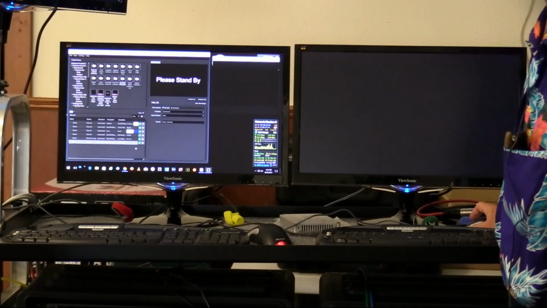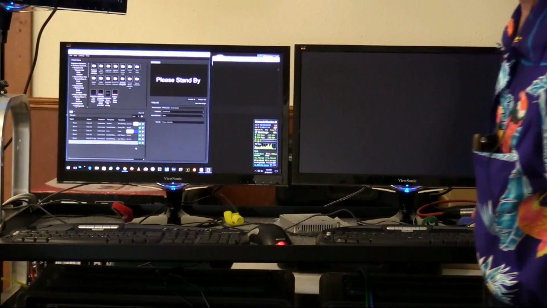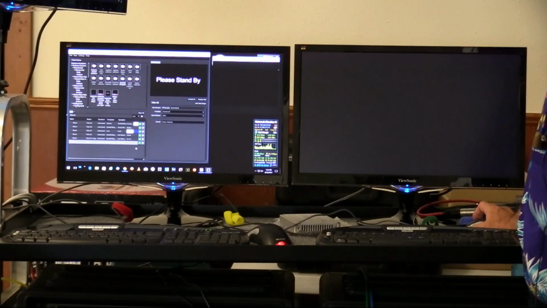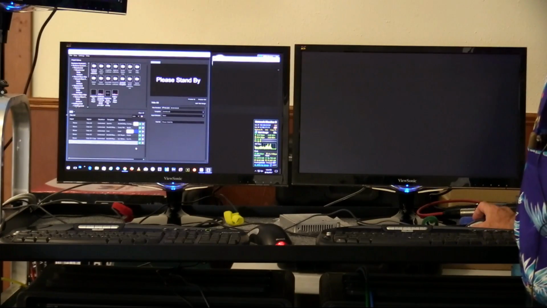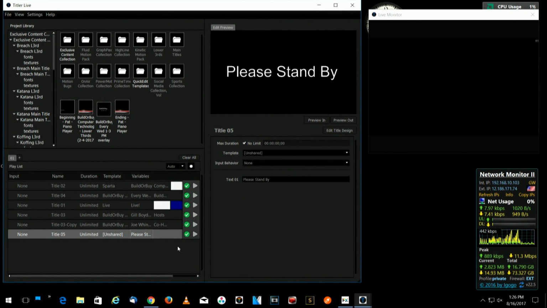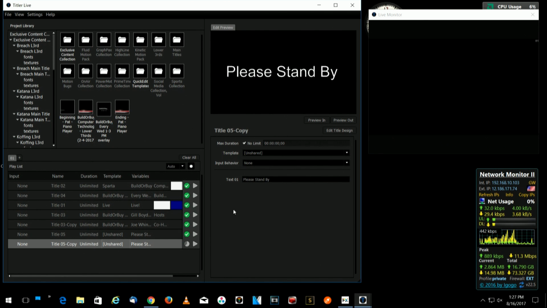And then some of these things where we go in, let's go back to computer number 3 for a second. Input 3, there you go. Flip it over now. There we go. Okay, here where it says please stand by, I'm going to take that and make a copy of it. I'll duplicate it. So the bottom one, where I've duplicated, is going to have to re-render, and it's rendering right down there. You can see it now, it's got a check mark. But I'll change the text on that from please stand by. I will now say